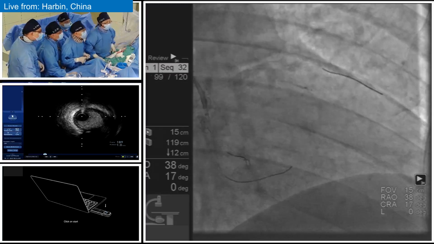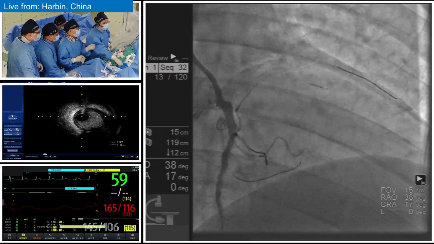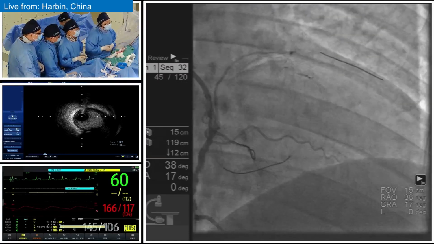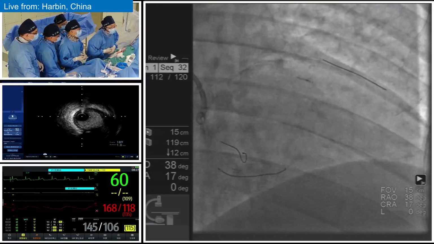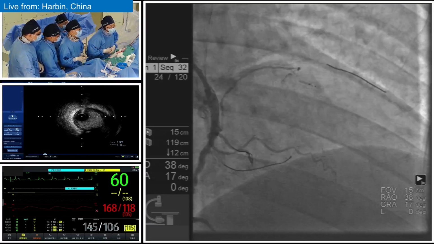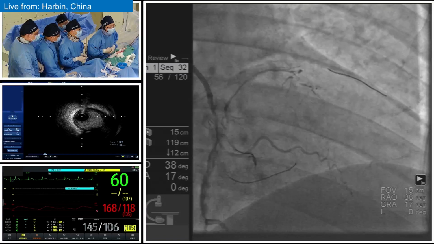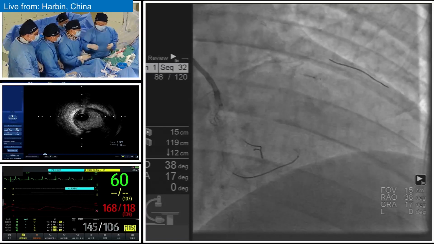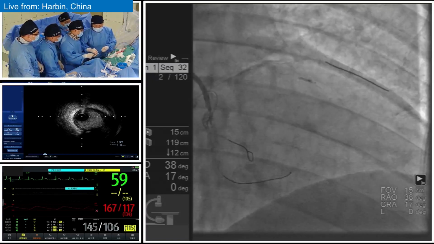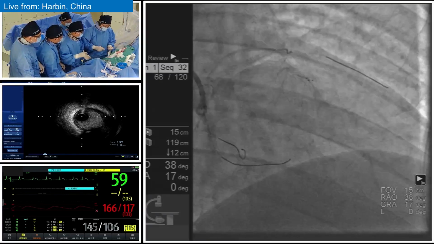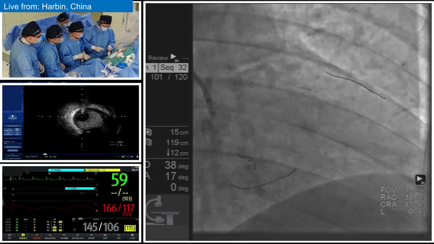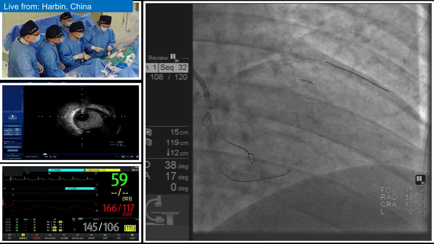Not very clear. Yes, because we know that this case gives very good collateral flow from the RCA vessel to the LAD. There are several collateral flows from the RCA to the LAD. One is from the distal RCA, and one is from the proximal atrial branch. However, we may notice that neither of these collateral flows offers big enough and also good enough collateral flow